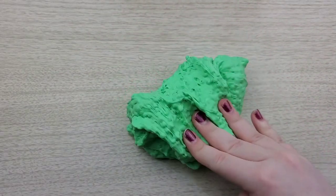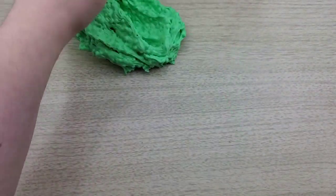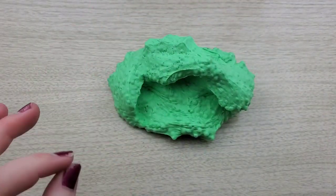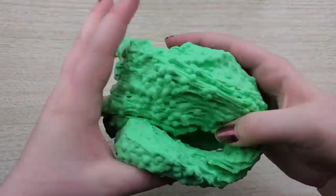So mixing this was definitely fun. I had to add a little bit of activator because it was just the tiniest bit sticky. And this kind of turned more into like a clay slushie instead of butter slushie, which makes me happy because